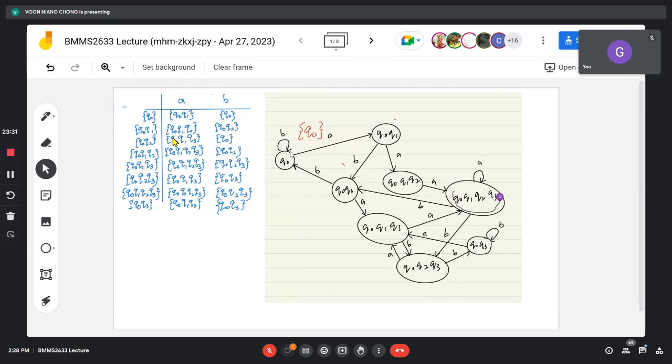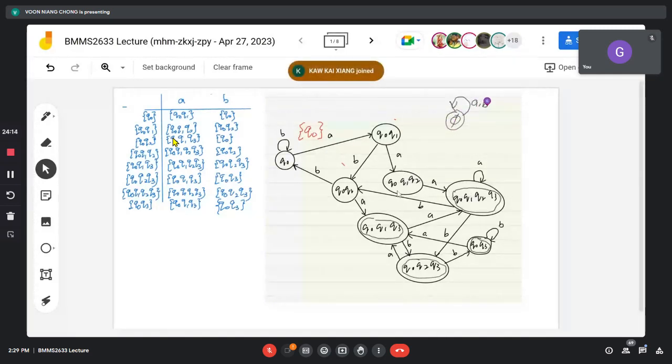Q0, Q1. A, B go to Q0. And then Q0, Q1 go to Q0, 1, 2, and 0, 2. 0, 2 go to 0, 1, 3. Then 0, 1, 3, and Q0, Q0, 2, Q0, and then 0, 1, 2 go to 0, 1, 2, 3, and